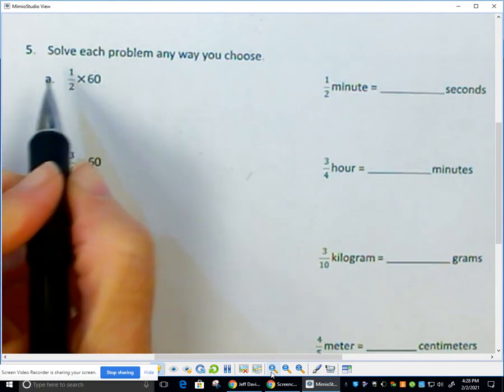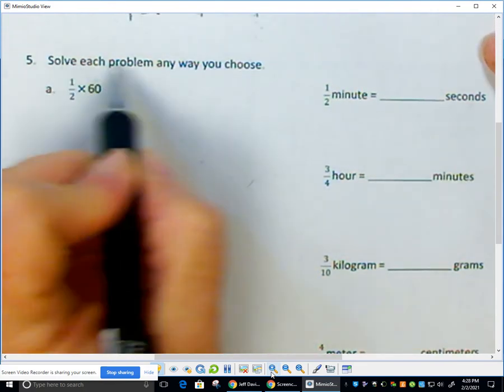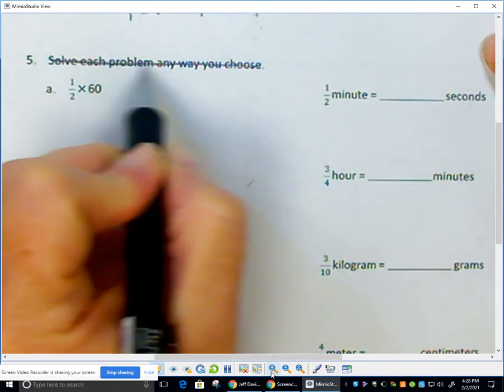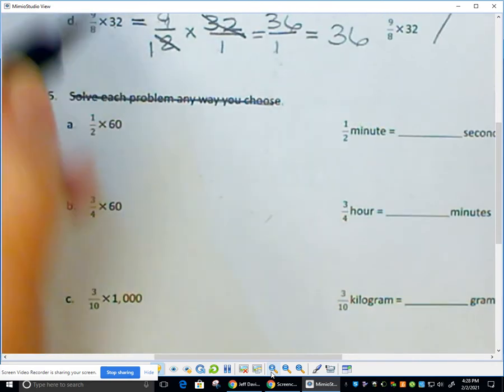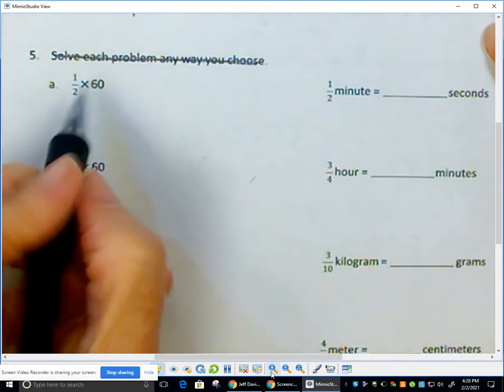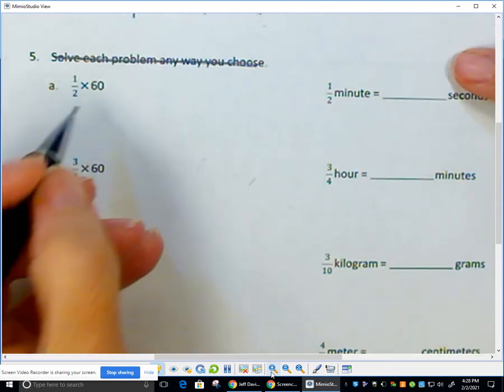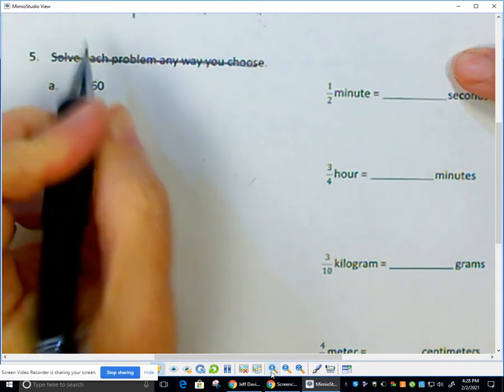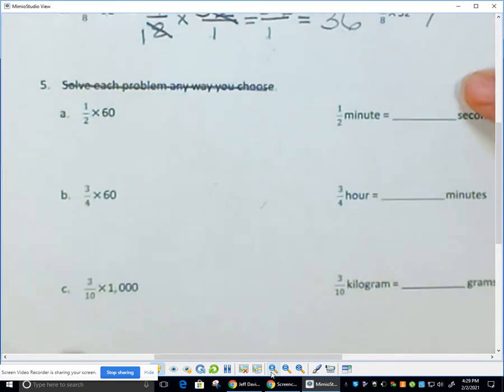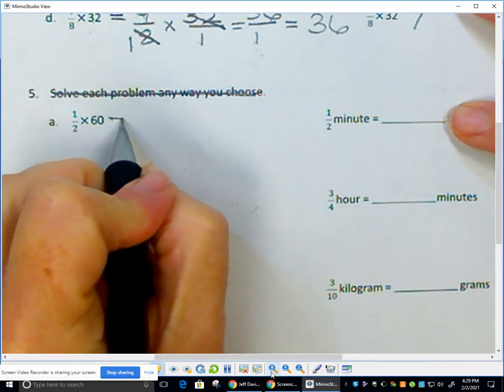So we're doing, and it says solve each problem any way you choose. We're solving this the way we solved it up here. So we're wanting to know, what is half of 60? Well, we all know half of 60 is 30, right? But remember, we're using our cross-canceling method. So let's practice. Equals